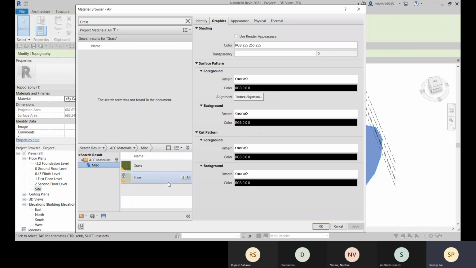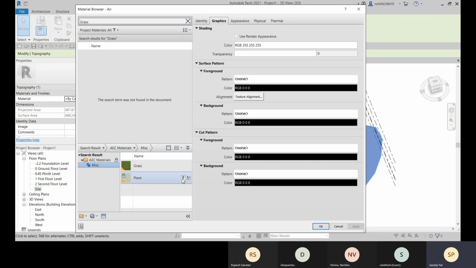I think in AutoCAD, you learned the same option. You need to add it within this document, and then we have this add into document and open the display editor, so we can edit this and customize this material. So if you need to customize, go for this option.